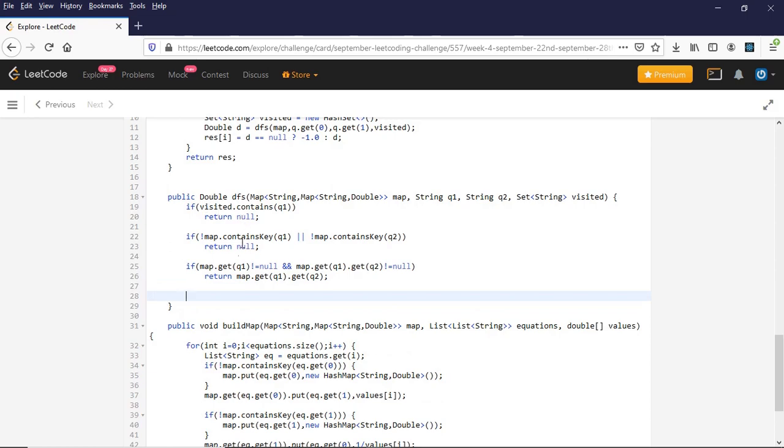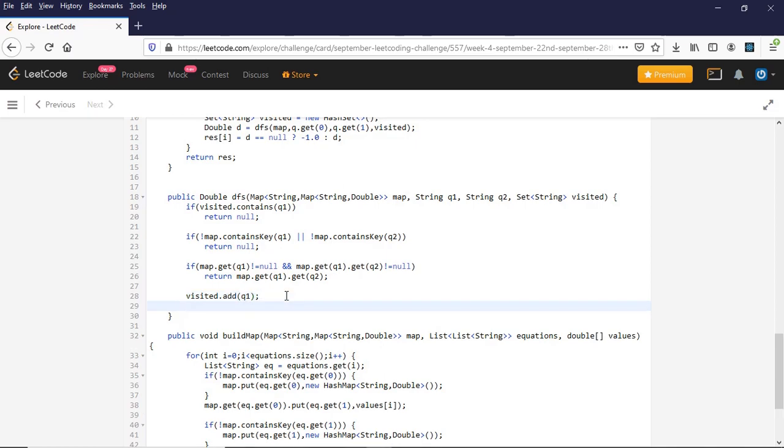So now if none of this condition is true, right, then we have to add this current q1 into the visited map and then we'll do a DFS from there, right? So let's add this into visited dot add q1 and then I'll do a DFS for the values of it, right? So map dot get q1.